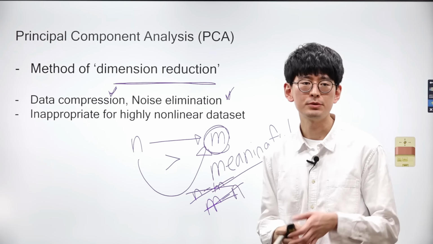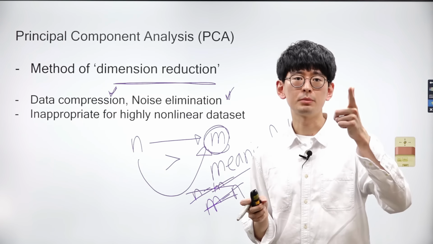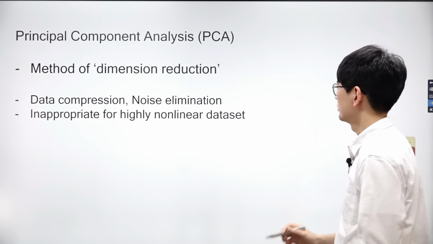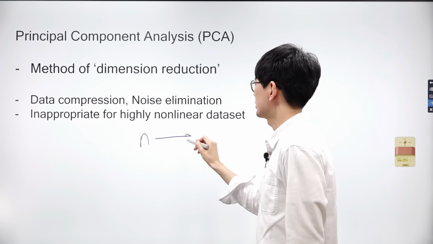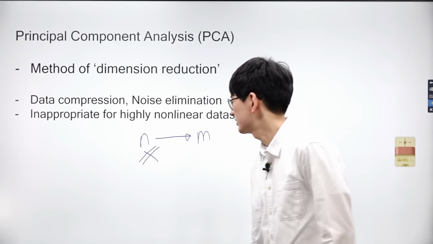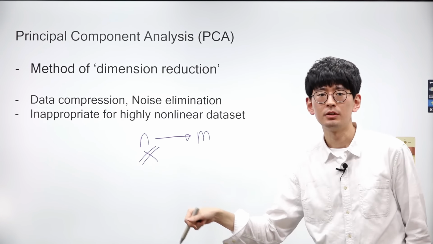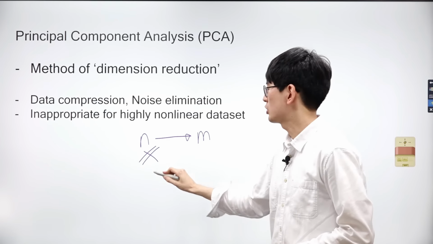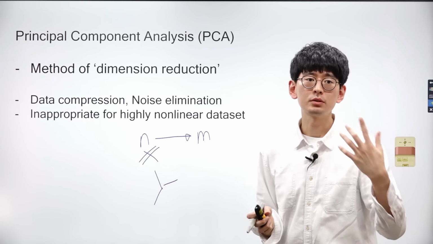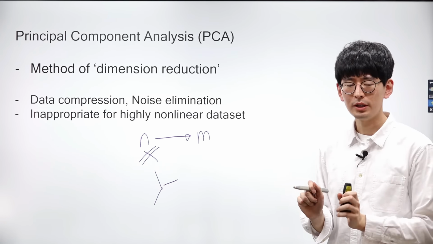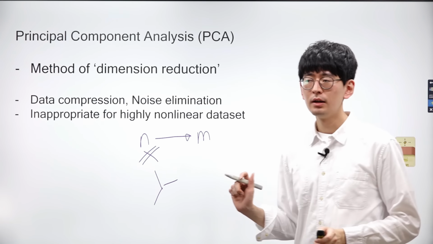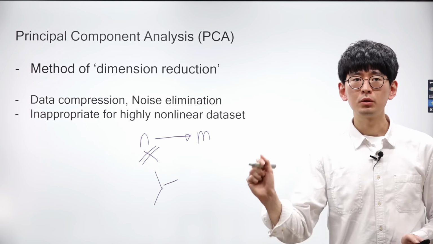For example, if the data is three-dimensional, we keep two meaningful dimensions and eliminate one unnecessary dimension. However, when eliminating unnecessary dimensions, instead of simply discarding them, we transform the coordinate space before elimination. PCA is a method of dimension reduction that eliminates unnecessary dimensions within the transformed coordinate space. So, how do we determine which dimension is meaningful and which is not?